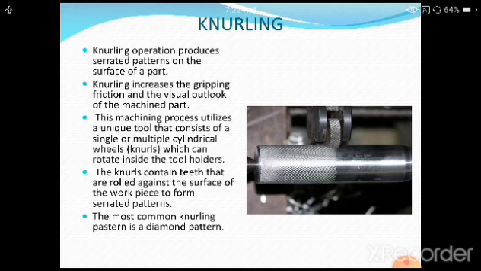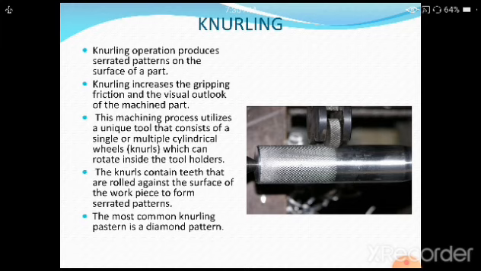Knurling increases the gripping friction and the visual outlook of the machined part. It can give a very wonderful look on its surface, as well as provide the gripping facility. That is the main advantage of this. This machining process utilizes a unique tool that consists of a single or multiple cylindrical wheels or knurls. So whatever the cutting tool is there, that is called a knurl. It is already having a pattern on it, and it is pressed against the rotating workpiece,